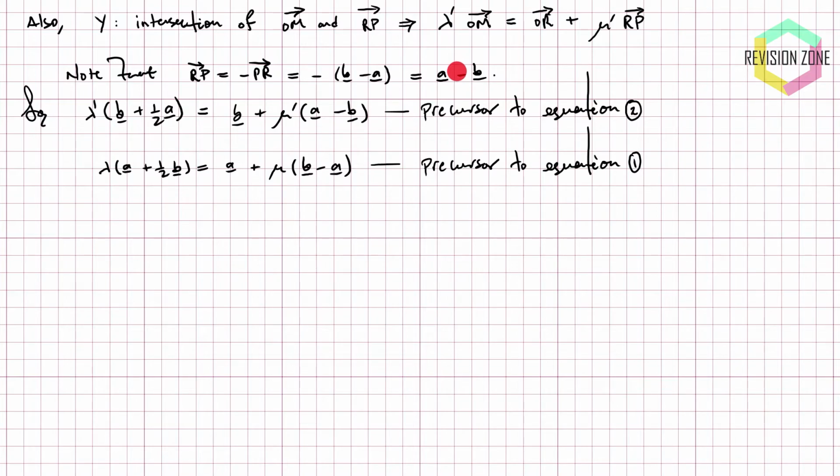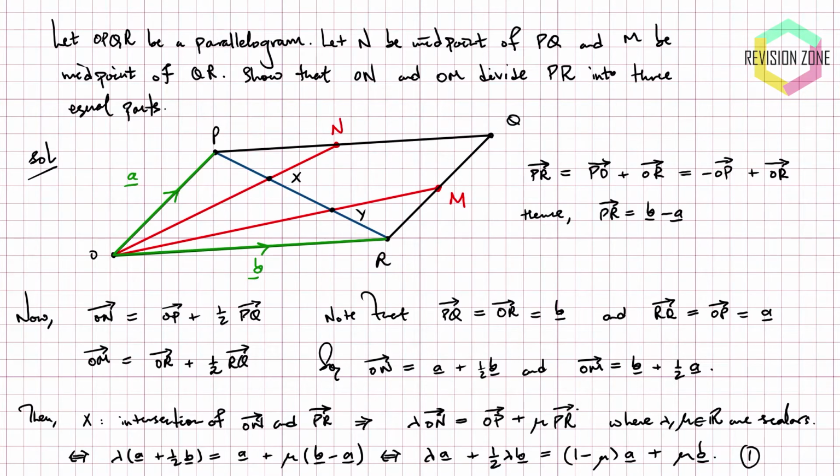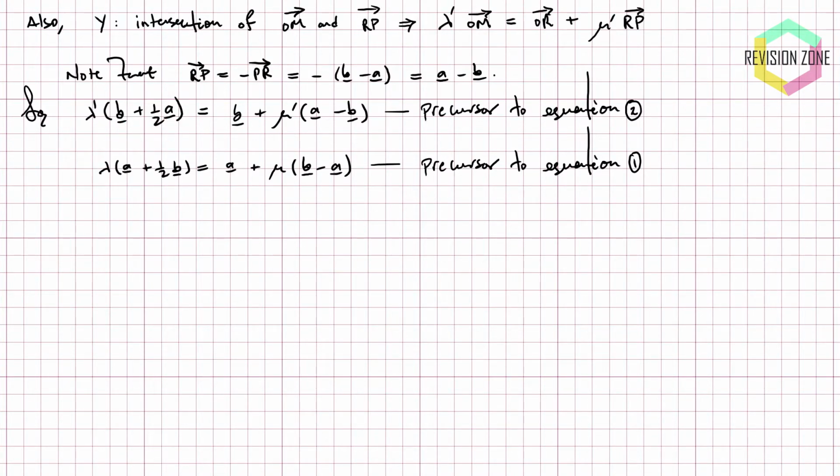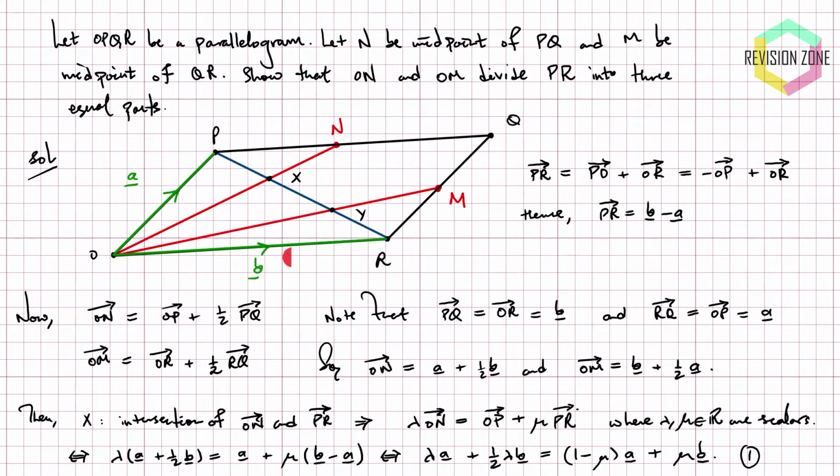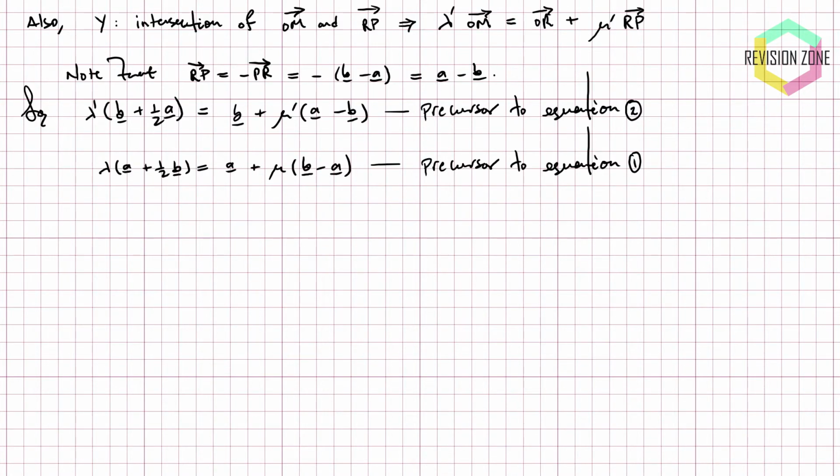Which means when we stick stuff into our equation for Y, OM is going to be what we worked out earlier. We worked out OM to be B plus a half A. So we have B plus a half A. And then RP is A minus B. We've just worked that out, right? And obviously OR is just B, because we can see that OR is literally B. So we get this equation in terms of primes. Now we can expand and simplify this, but let's first compare this